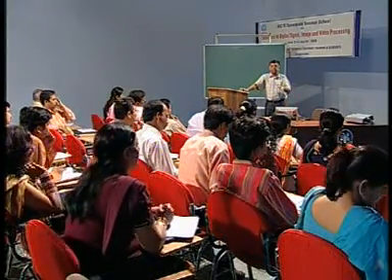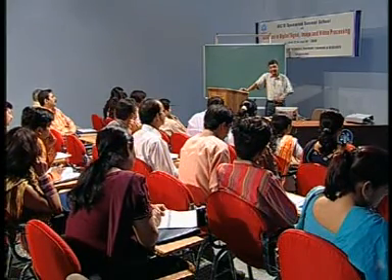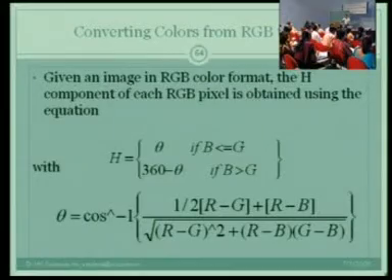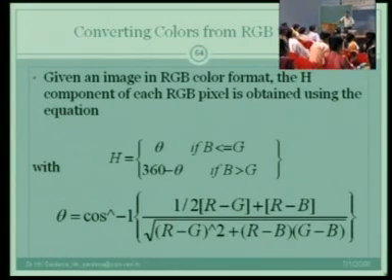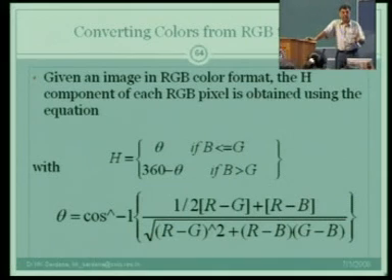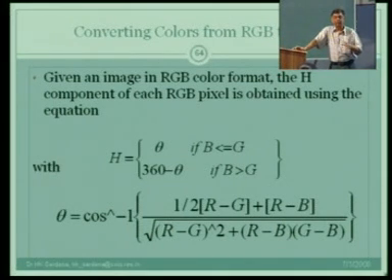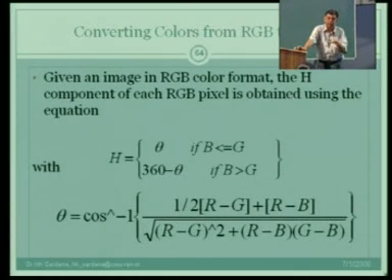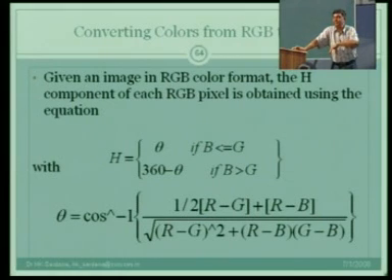This is the idea now, the model is like that. Now, B, G and R are in competition, you can say, in some comparison. It is very tricky. The model is just accepted for HSI conversion. This model is being used in our application. That is the reason I have brought it here. The value is say a particular theta. The theta is calculated as it is given below, only for B less than or equal to G. When B is greater than G, then it is 360 minus theta.